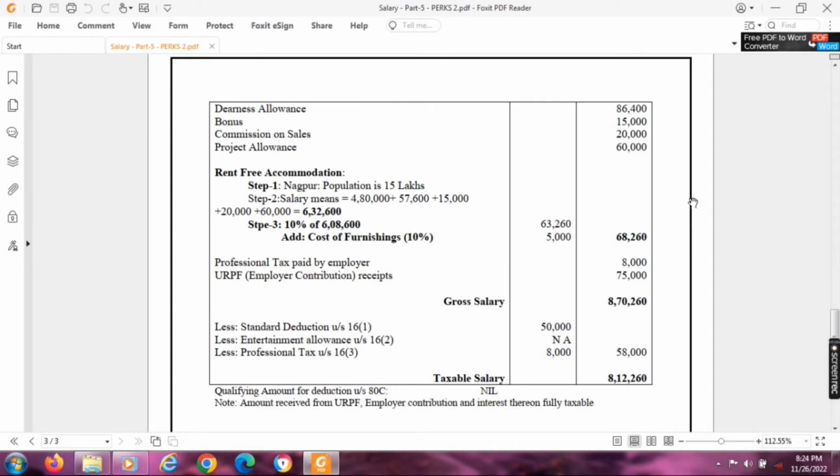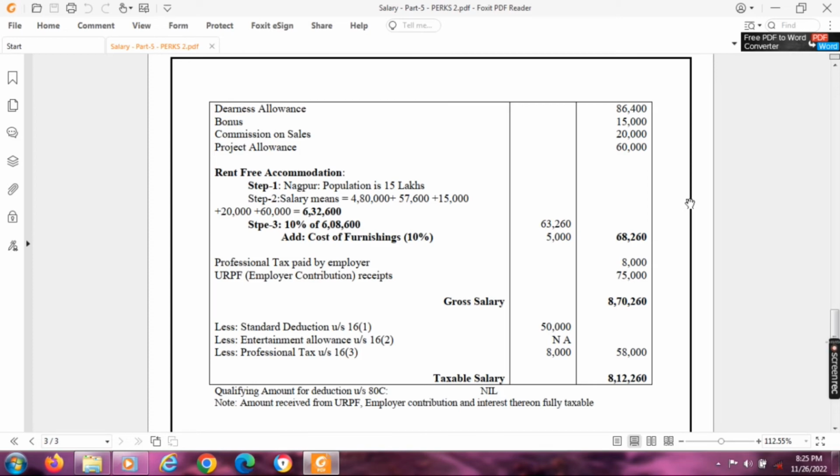Along with that, we have to add the cost of furnishings. The actual cost of furniture is 50,000. In that, we have to add only 5,000. So totally 68,250 will be the taxable rent-free accommodation. Next, the professional tax paid by the employer is fully taxable in the hands of the employee. And the URPF receipts, employer contribution 75,000, fully taxable. So the gross salary will be